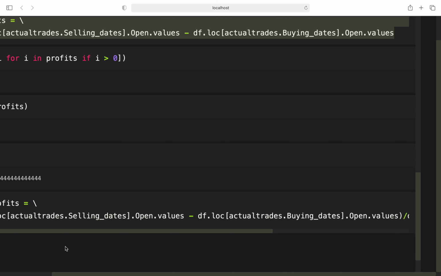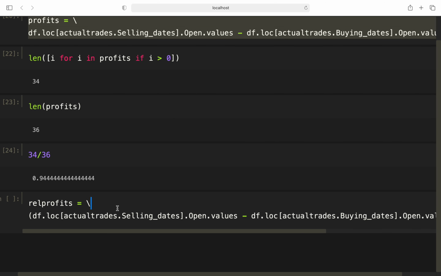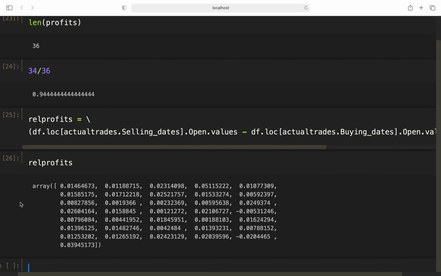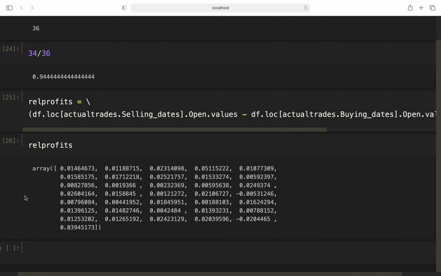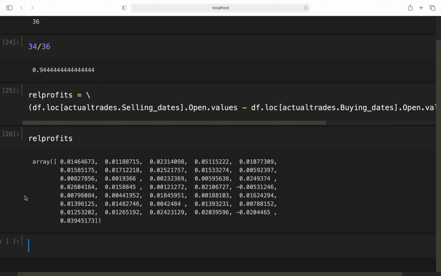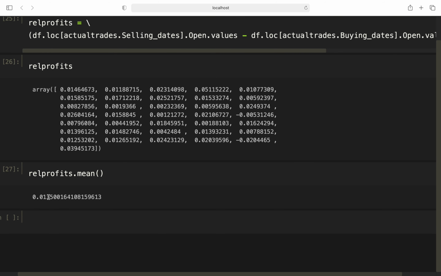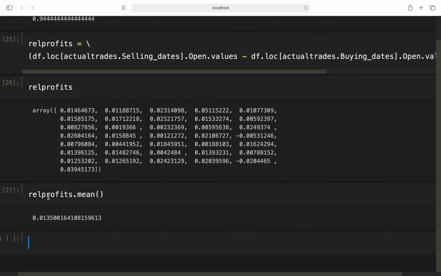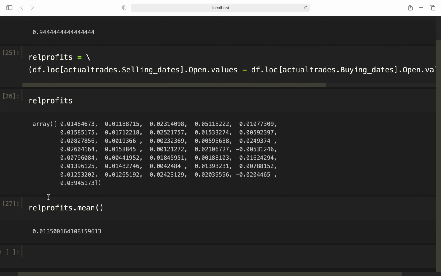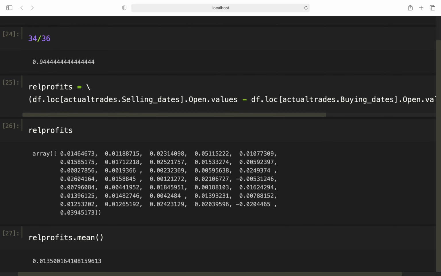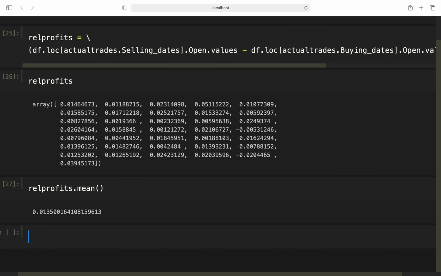So just our relative profits. All right, let's take a look, and here are our relative profits, and we could take the mean out of that, which is 1.35%, which is close to Rayner Teo's numbers, right? There are some slight differences, probably due to the RSI calculation, but these numbers are very close to Rayner Teo's numbers, right? So we have this profit per trade, we have this winning rate, and now I think